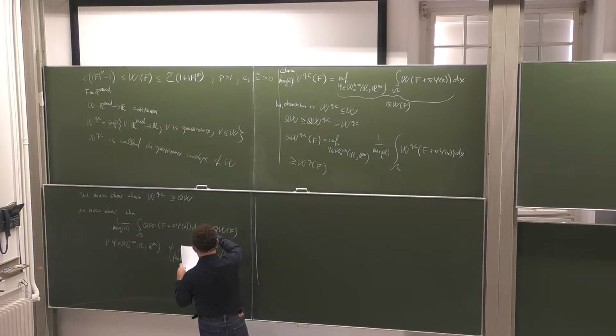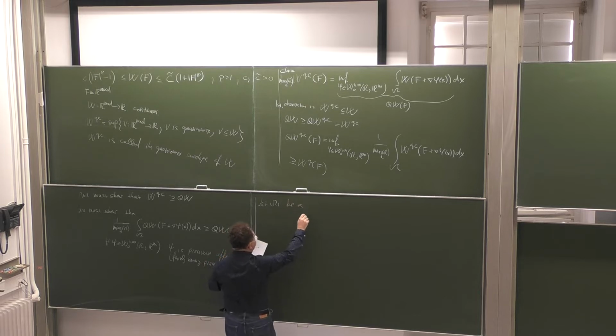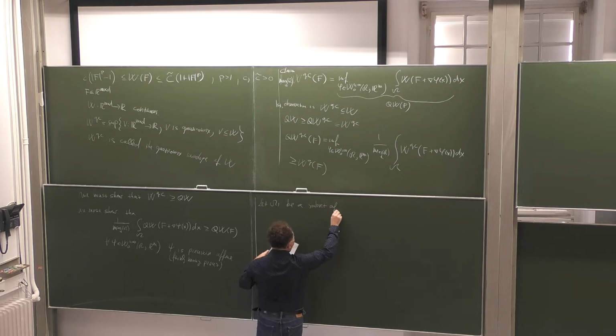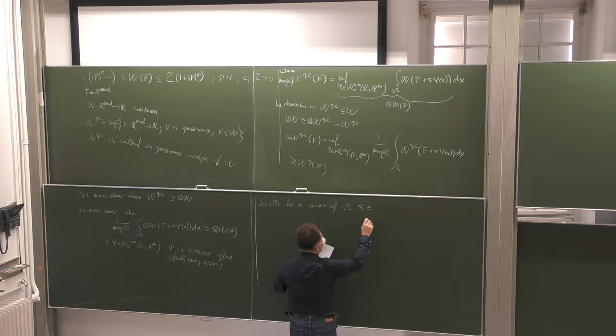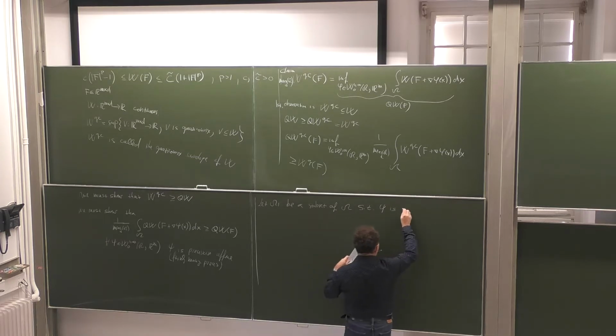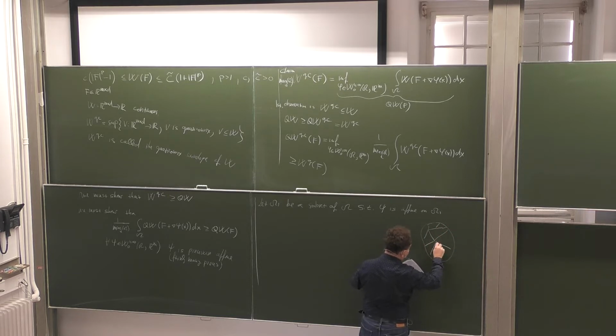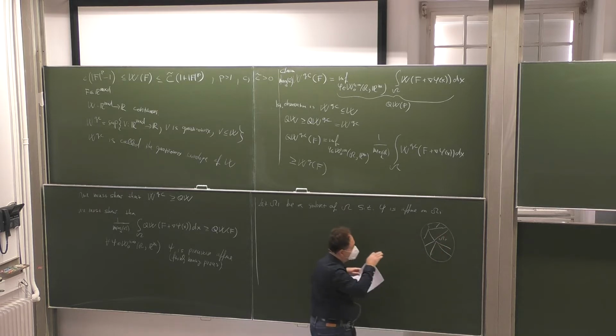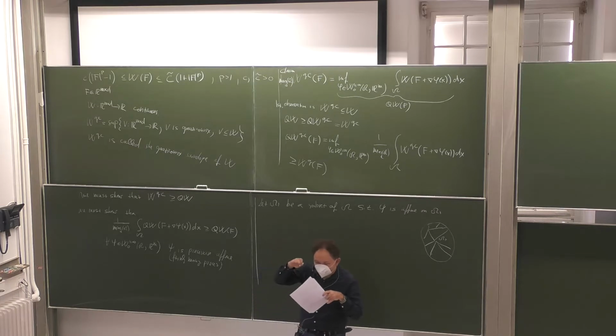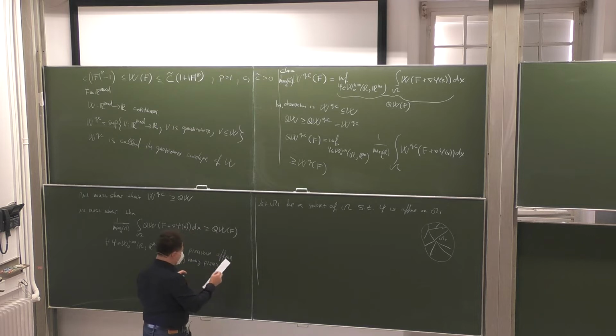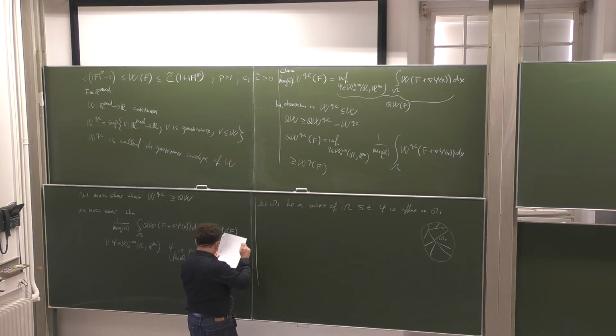Psi is piecewise constant. So we take, let omega I be a subset of omega such that psi, the one which we have here, is affine on omega I. So once you have this omega here, you divide it into many pieces, and then omega I will be one piece where my function is affine, so the gradient is constant there.